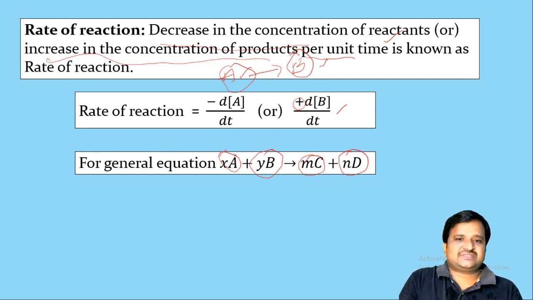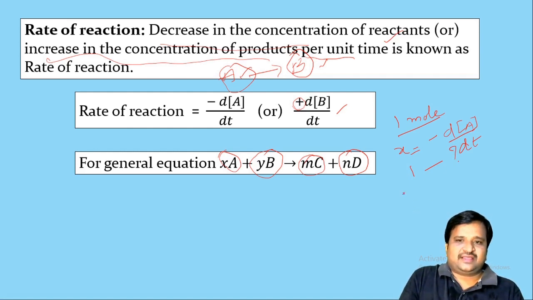Here x moles of A are present in this reaction, but the rate of reaction is always expressed for 1 mole. For x moles, the rate is dA/dt. So, for the rate of reaction with respect to A for 1 mole,